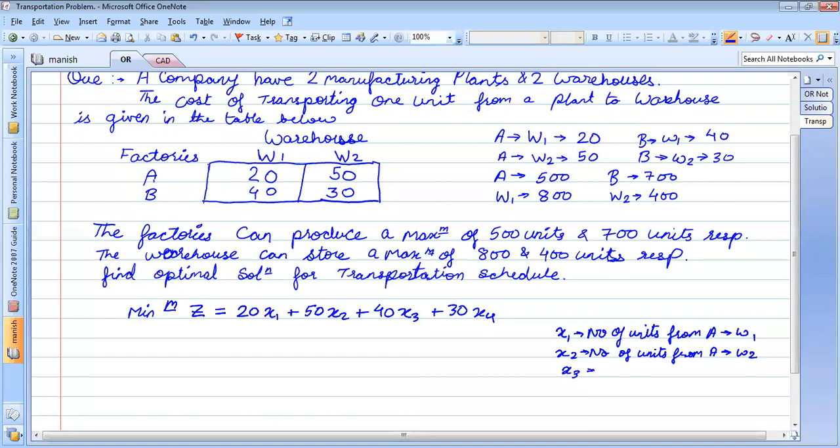Similarly, X3 is the number of units from B to W1, and X4 will be the number of units from B to W2. Correct? So I have assumed that the number of units transferred from A to W1 is X1. Similarly, X2 is from A to W2, X3 is from B to W1 and X4 is B to W2.